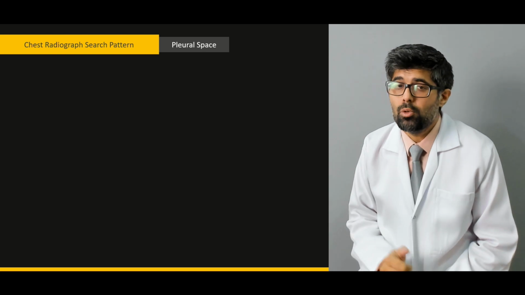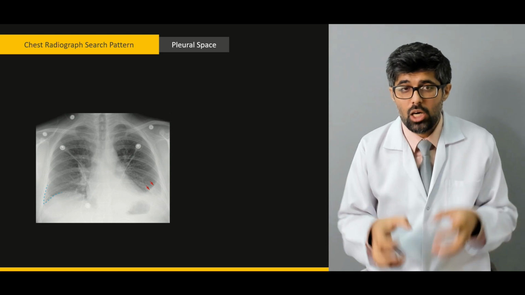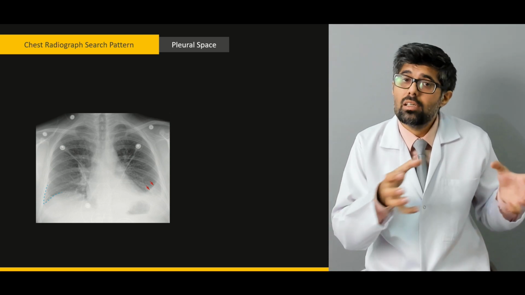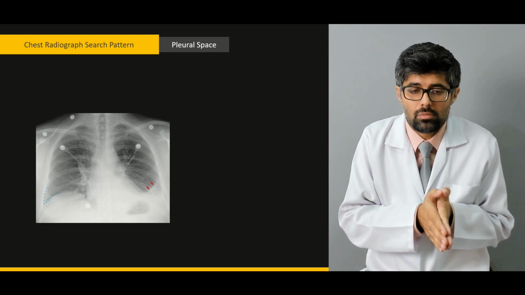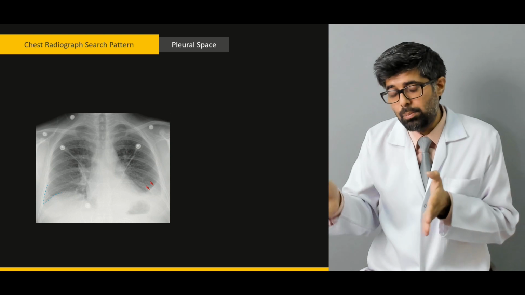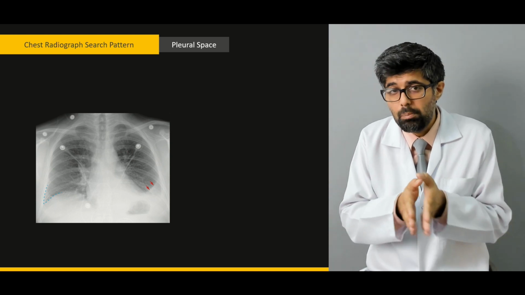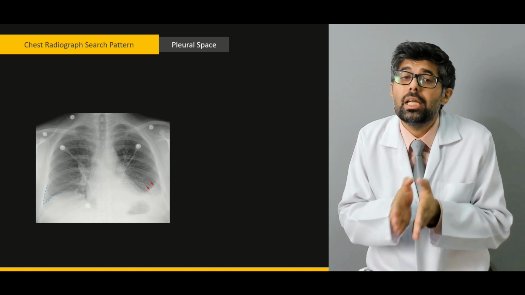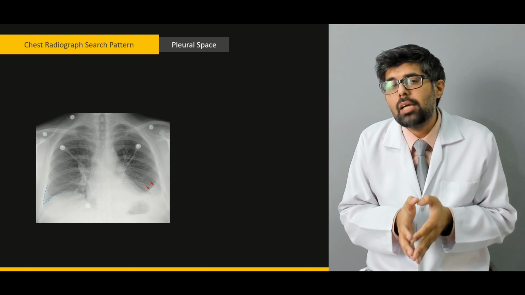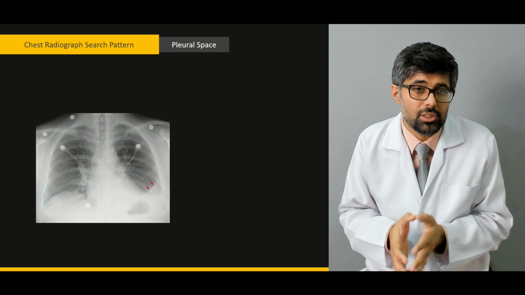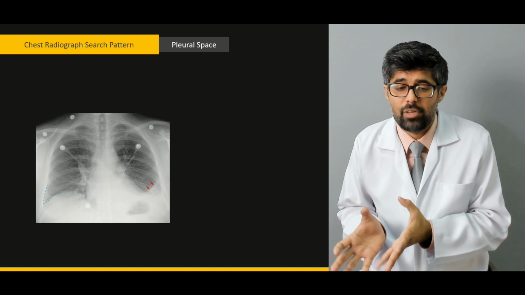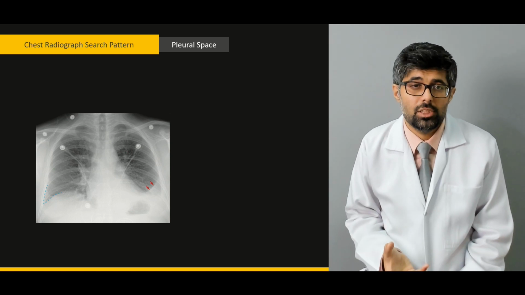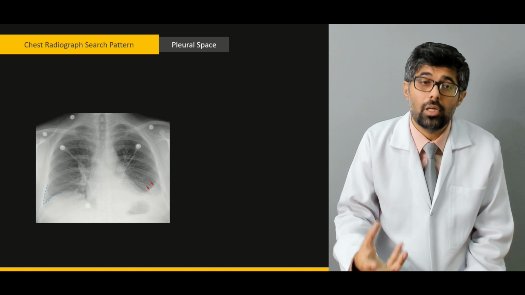Next, we have the pleural space. Pleura is the membrane which houses both the lungs, and it has a space between them. The space between the pleura and the lungs is called the pleural space, and usually it is empty. But sometimes during certain diseases, especially during pulmonary edema and some other infections, fluid accumulates, or during trauma, blood accumulates